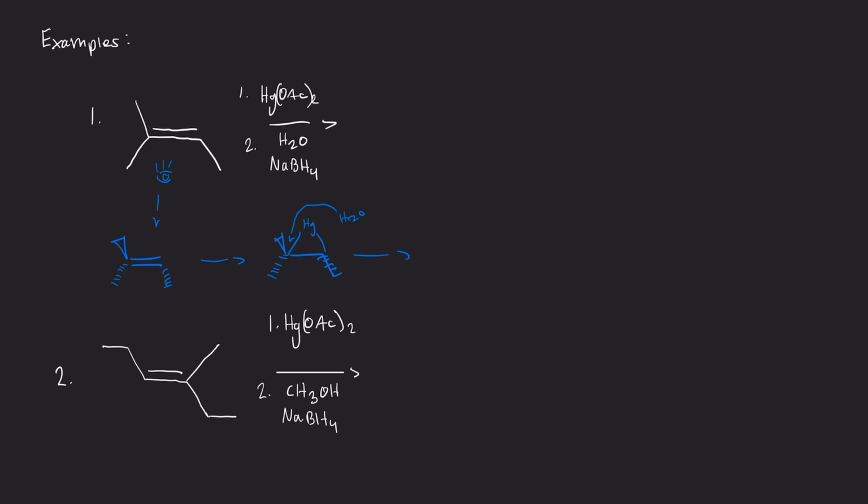the anti will also look like this, right? So you have your mercury here and you have your water here, but remember it's OH because we deprotonate with another water molecule. So this is actually the anti-configuration here. And you can see that because the angle between the mercury and the OH, if you were to view it